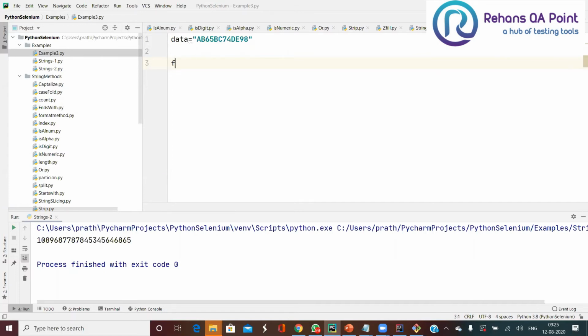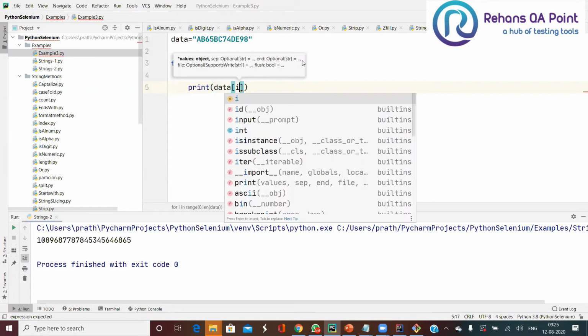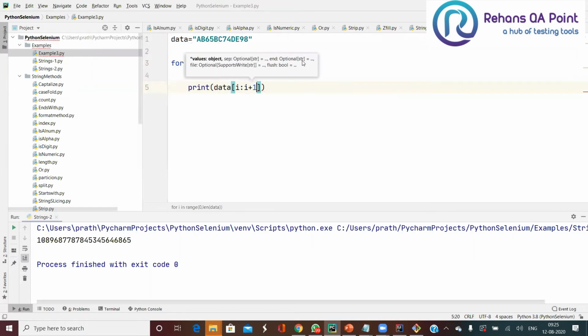So I'm going to use for i in range of 0 comma length of data. Let me start printing data[i:i+1].